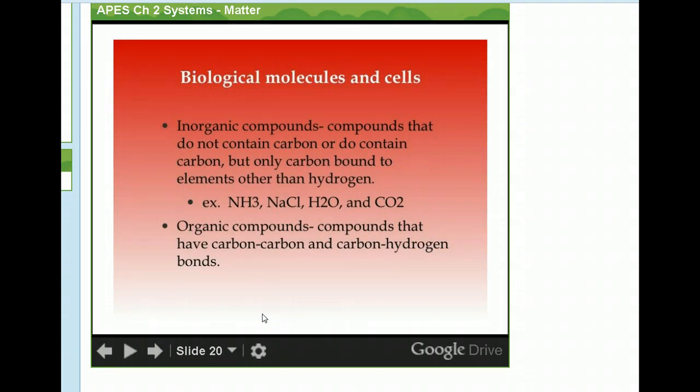There are 2 classes of chemicals: inorganic compounds and organic compounds. Inorganic compounds can contain carbon, but only carbon plus some inorganic thing, like carbon and oxygen. Pretty much carbon and oxygen are going to be your inorganic ones. So you will see carbon sometimes, and that's inorganic. Organic compounds are things with carbon bonded to a carbon or carbon bonded to a hydrogen. Those are organic bonds. So we have 2 classes of chemicals, inorganic and organic.